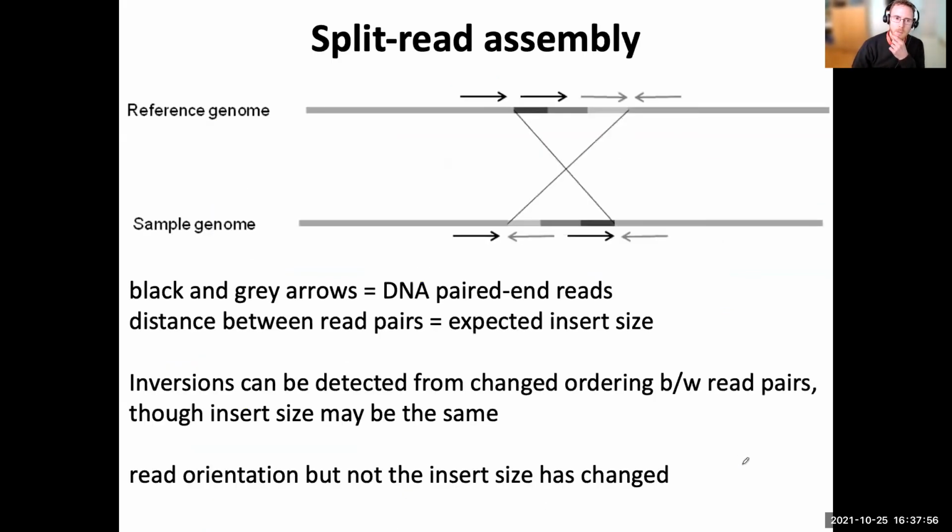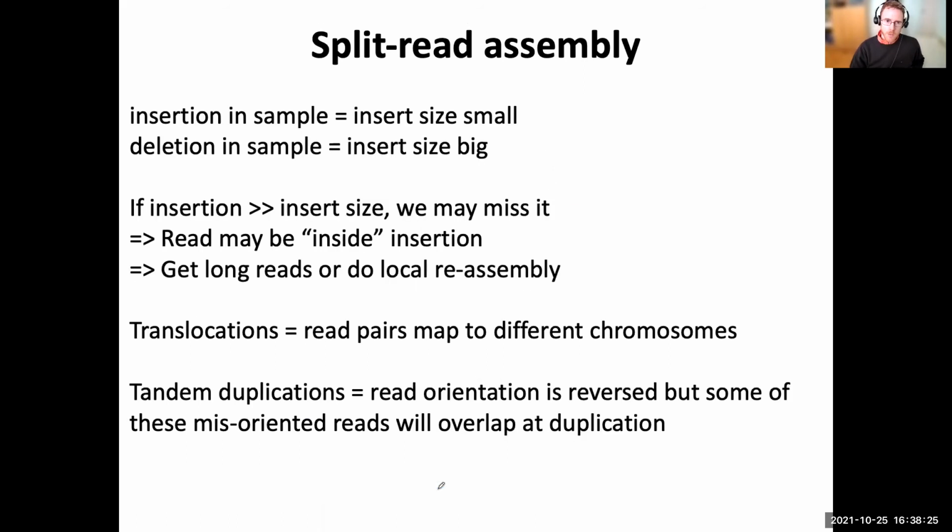If we look at an example where we have a reference genome, a sample genome, and there's an inversion here going from black all the way across, we can see the expected insert sizes will change down below between our sample and our reference, where they're rearranged considerably. We might find that the read orientation has changed, but the insert size has not. So we can distinguish those from insert size changes, which are linked to simple insertion deletions,